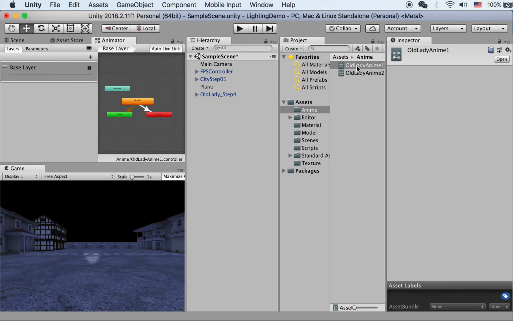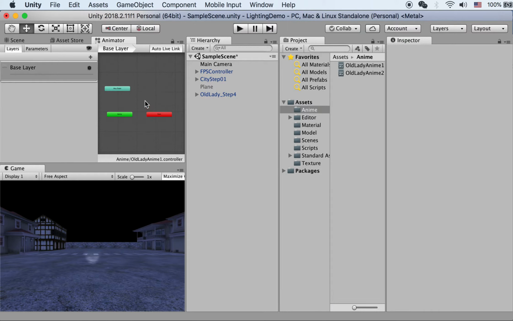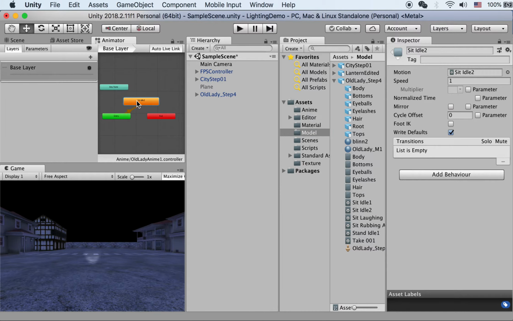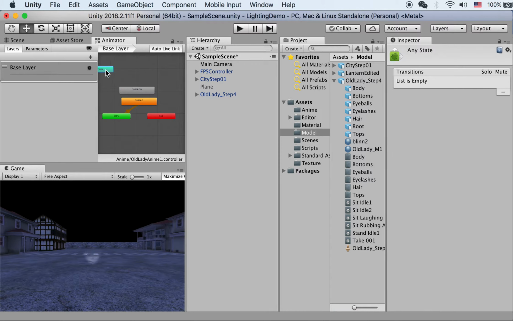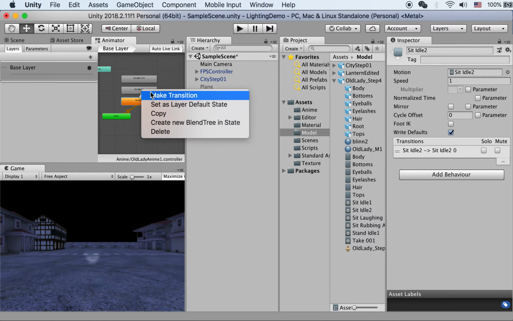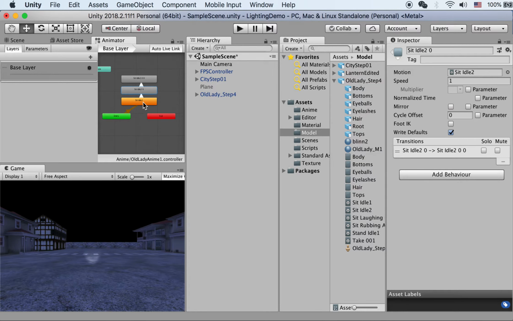So you can also, let's say, go back to the first animation controller, and if I want more animation clips, I can do it here. I can drop in the second idle animation, and here I select it and hit Command D to make a duplication, and this one I don't need, right? So make a duplication, and duplicate one more time, and then make a transition. So this will play the second idle animation 3 times, and then after I'm done with that, I want it to switch to a weird pose, which is she's sitting there and